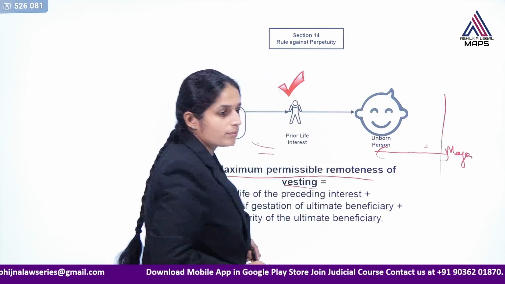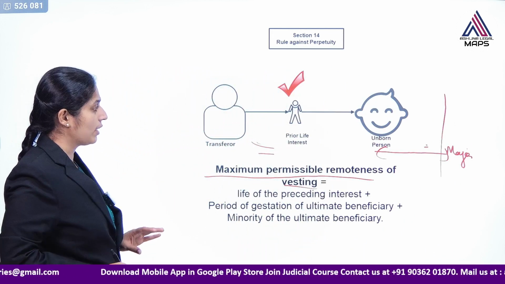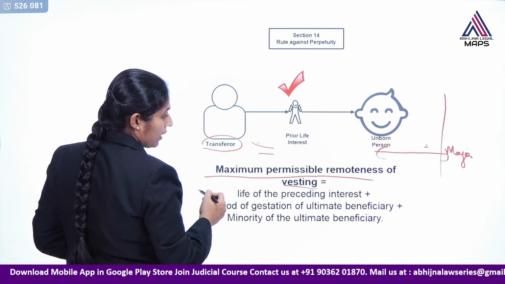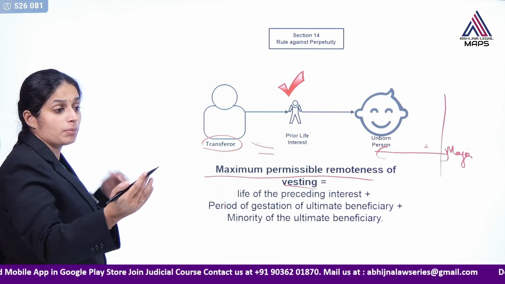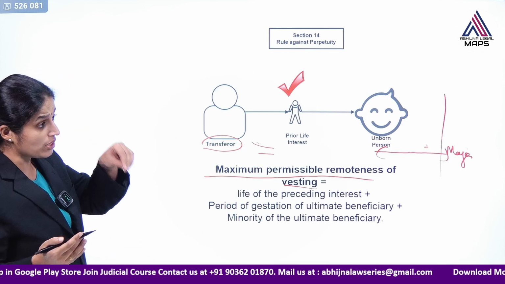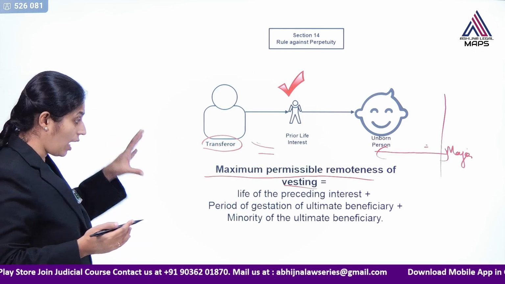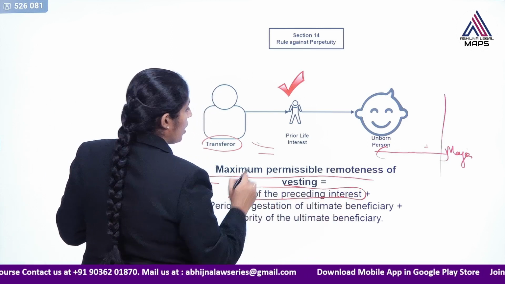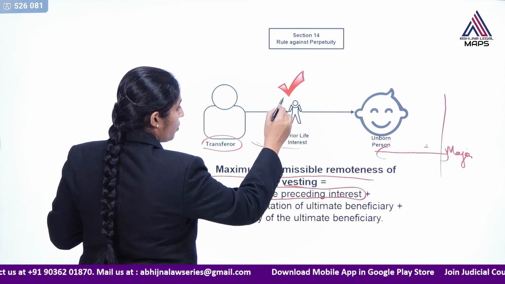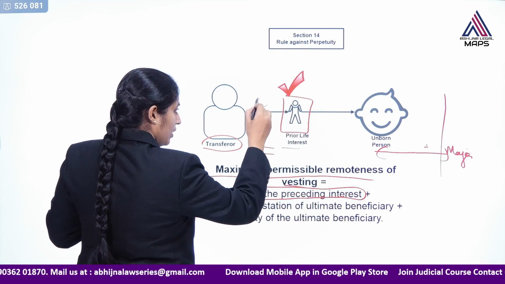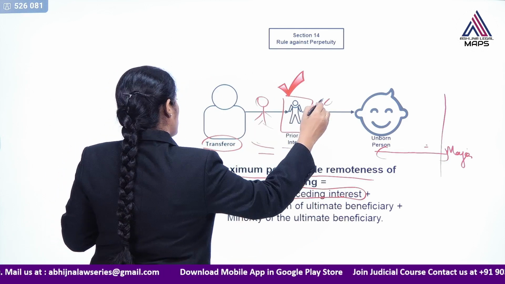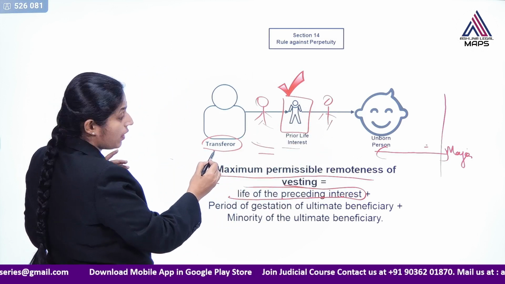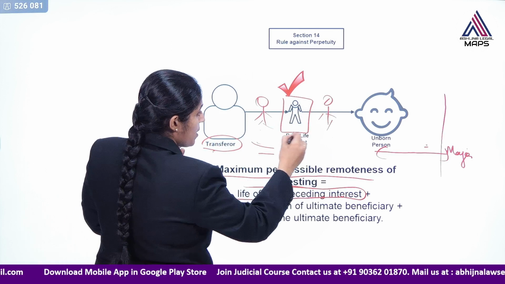So that is why we can see the transferor, when he transfers the property, till how much time he can stop the property from vesting in someone. He can, we can say, up to the life of the preceding interests. So, not only this person, he can transfer it to some more persons also, but all persons should be living at the time of his transfer. So, whenever he is transferring, these persons must be living,